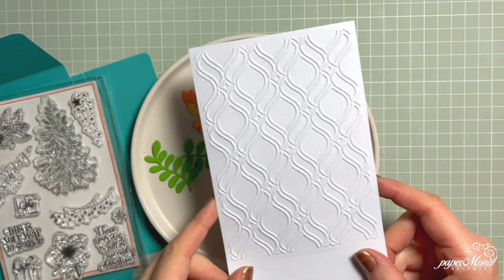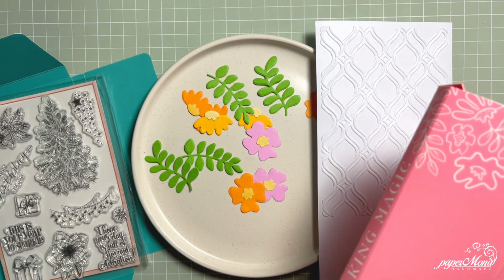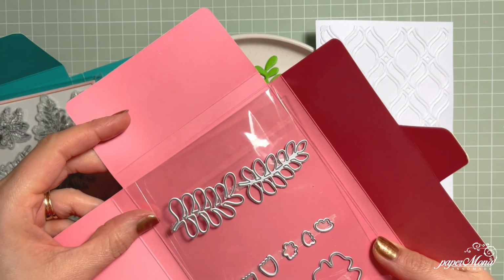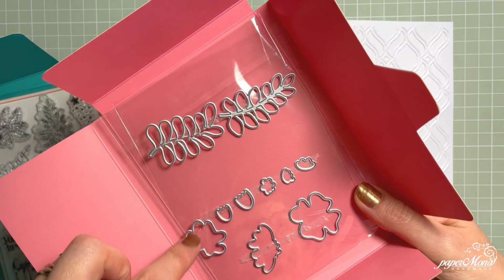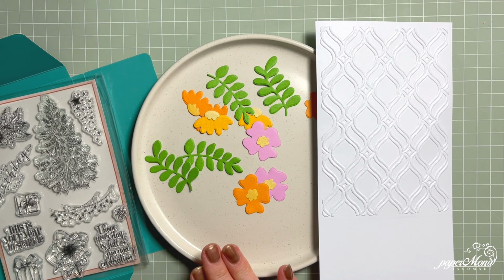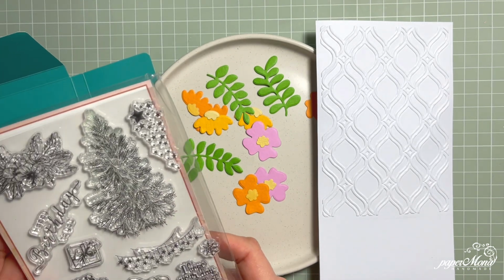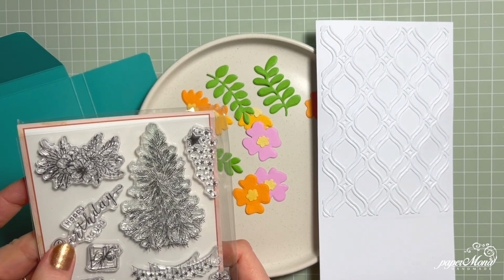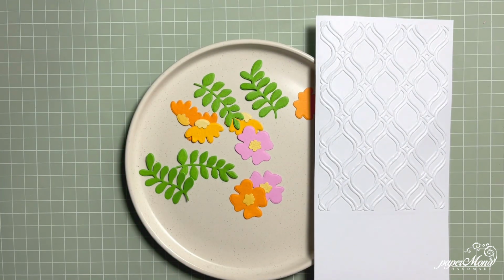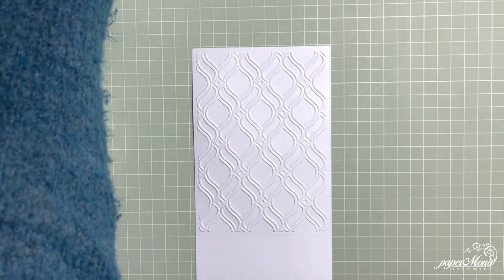So I embossed a white card already and I've got some flowers and foliage from last year's advent calendar, designed by Card Making Magic, and that's day 11. We had this beautiful die set with 2 sets of leaves and some flowers and the centers as well. So I want to use that as well. As you can see, I've got some bits cut out. And we had already this Stamps by Me set, and I want to use this Happy Birthday to You. I used that one already, but I think for this card it would be really nice, and that was in day number 2. So my idea is to emboss this one, and for that I will need Versamark